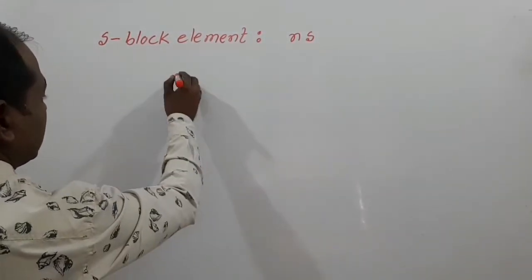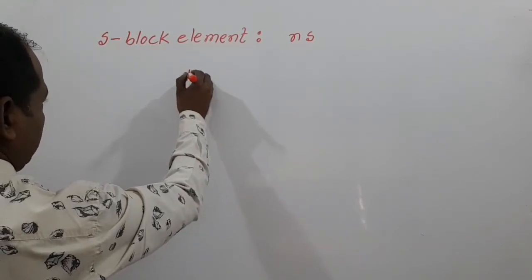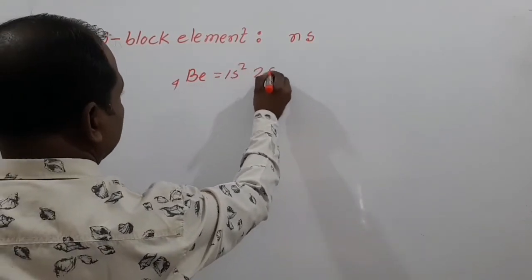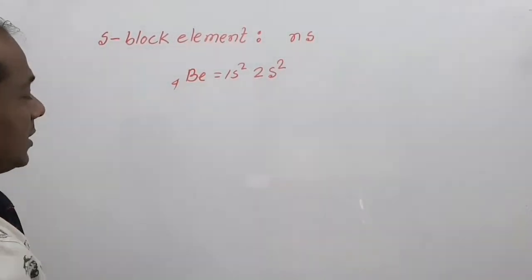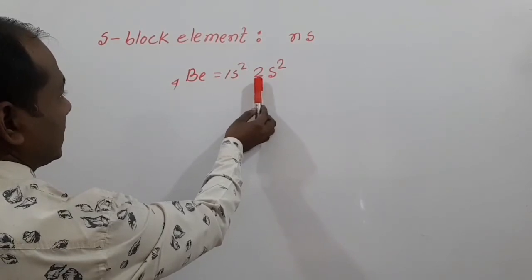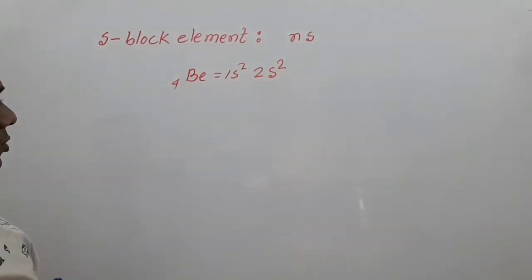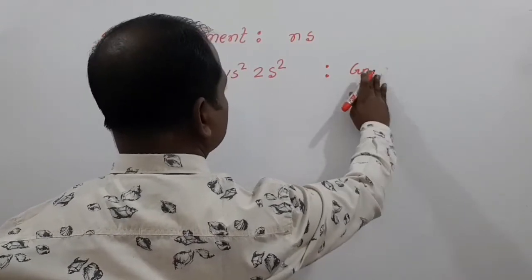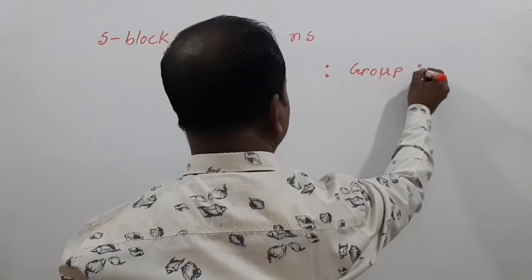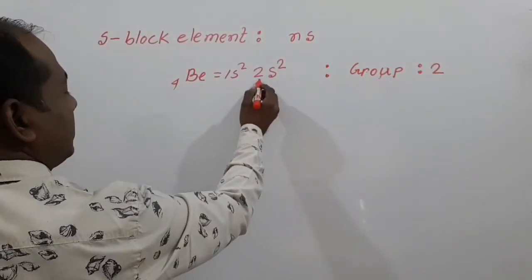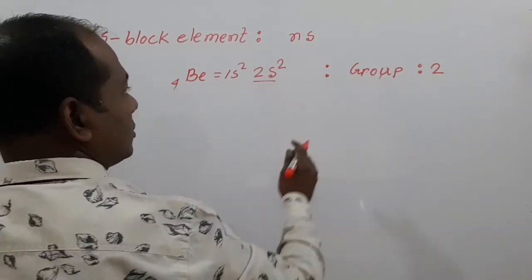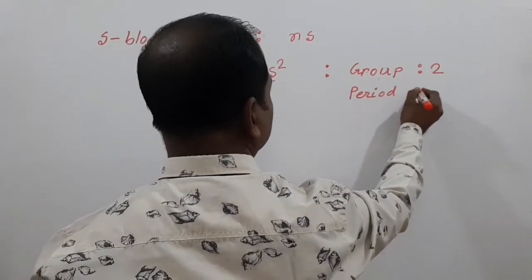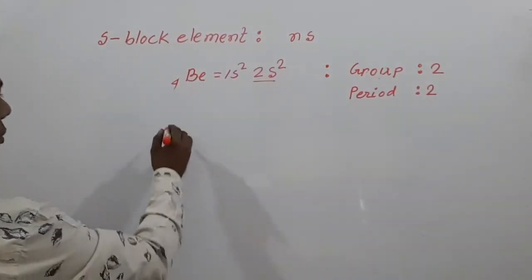For example, my dear students, beryllium 4, 1s2, 2s2. Here in the outermost shell, that means the 2s orbital, there are 2 electrons. So beryllium is present in group number 2, and the maximum principal quantum number, or the outermost shell, is 2, so it is present in period number 2. For sodium, my dear students,